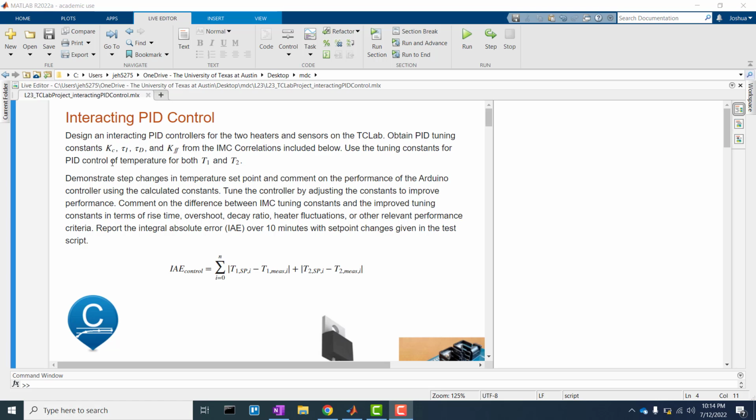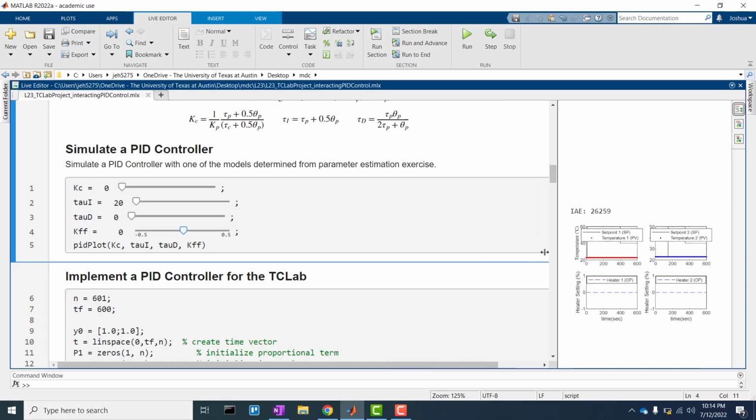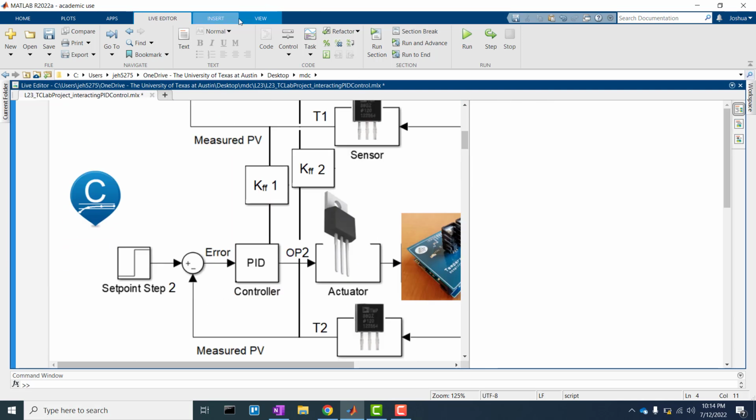So now we're going to obtain our tuning constants, our constants for gain, integral control, and derivative control, as well as feed-forward control, and create a PID, or 2 PID controllers, I should say, that control heater 1 and heater 2. If I just want to zoom out just a bit